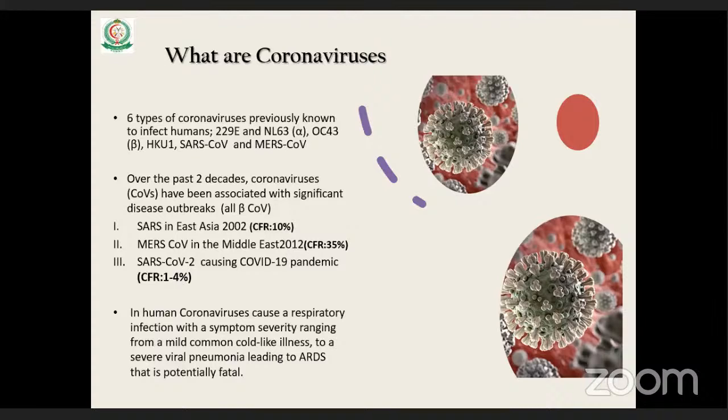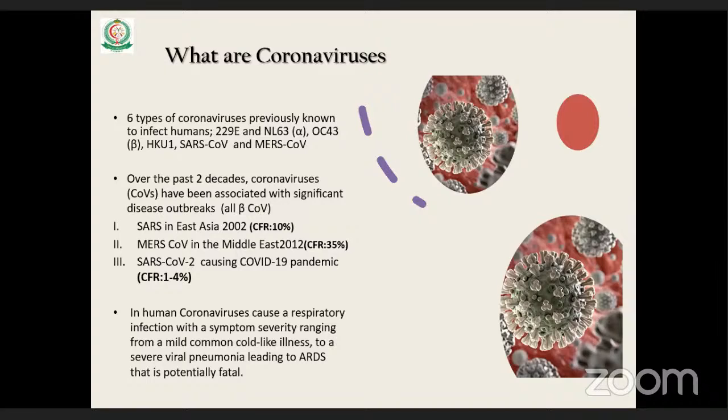There are 6 types of coronaviruses previously known to infect humans. 4 of them usually cause self-limited common cold infection. And the 3 of them which were the cause of the pandemic in humans all belong to the beta genera of coronaviruses. The first coronavirus that caused a pandemic or outbreak in humans is the SARS-CoV, which started in Asia and then